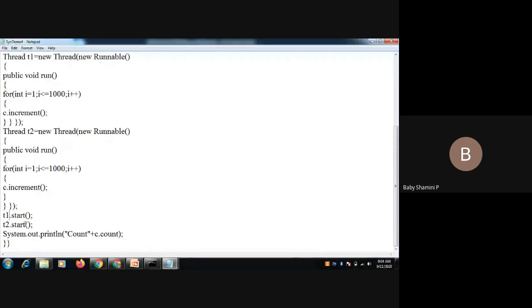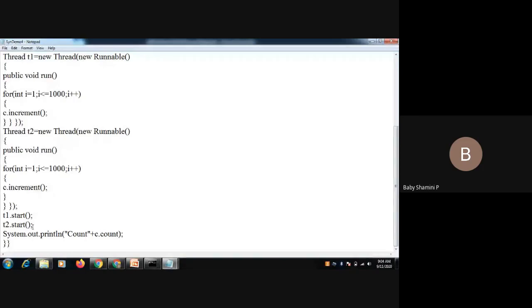Thread T1 starts its execution. At the same time, if you are not using synchronization, thread 2 may also interfere with thread 1. If both threads run simultaneously, obviously a data inconsistency problem will occur, isn't it?